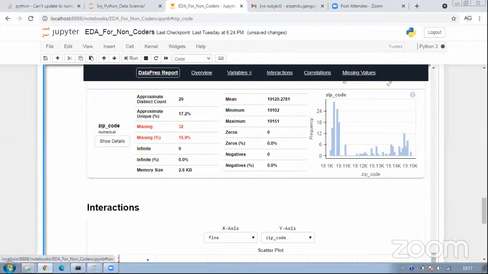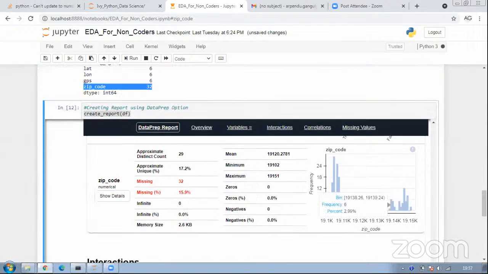Even though I cannot easily impute, because zip code is very specific, like a name of a person, I can say that zip codes generally range from 19102 to 19151. Out of 201, around 16% is missing, which is a good percentage. So definitely I need to impute the missing values. I can use KNN for this. So that's the second takeaway of this EDA.